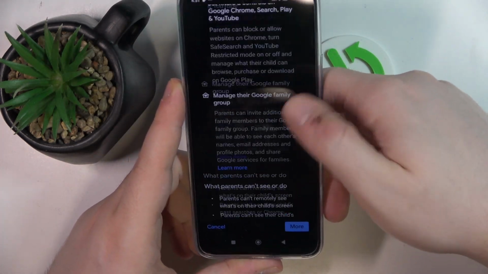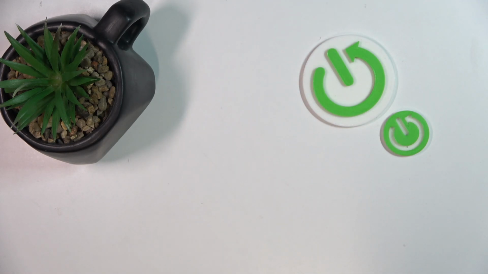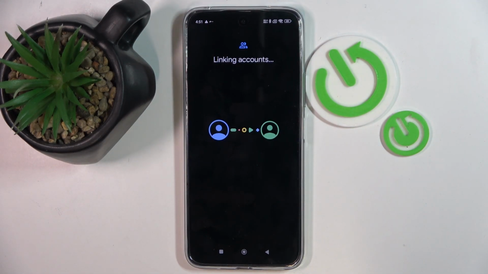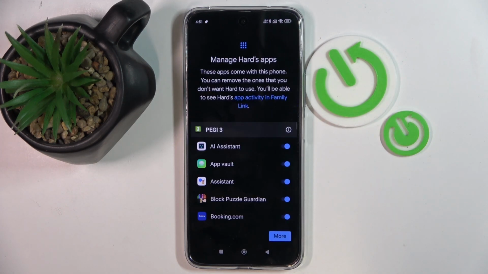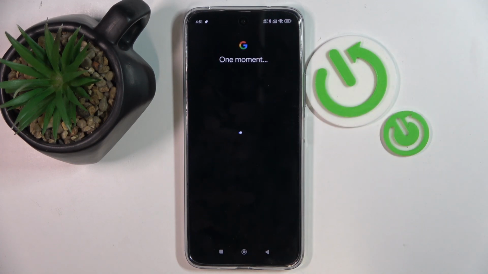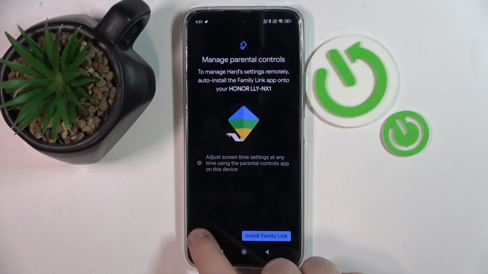And here you have to scroll all the way down, and you have to enter your child's password again. Now click Next. And here you have to scroll down and click Next. Now click Next again. And now you can click Install Family Link, or you can click Skip, and then you